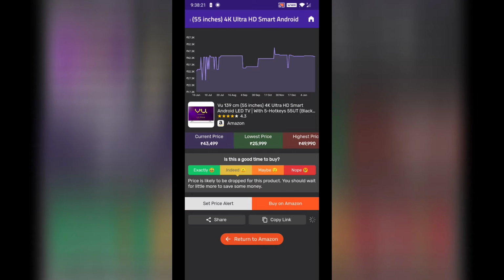Selecting the price history, the current price is 43,499 and the lowest is 25,999, 26,000 rupees. If you buy this for 43,999, the price is high, so it will be a loss for you.